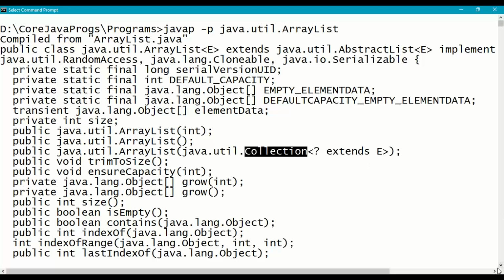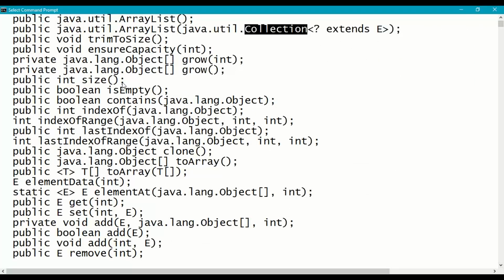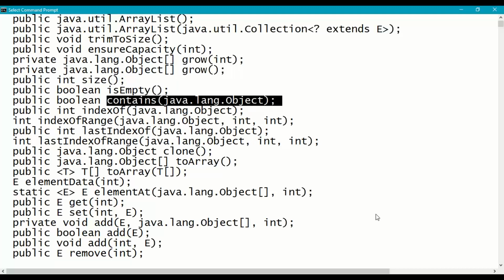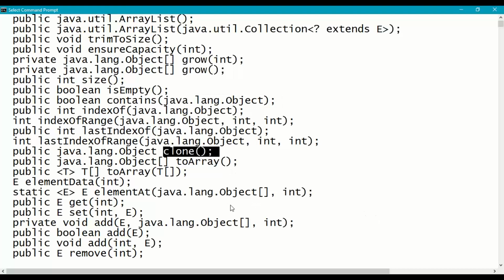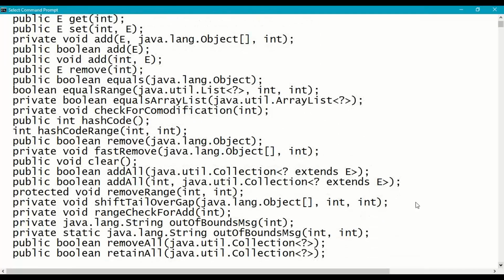collection. And coming to the methods, we have already seen some basic methods in the previous video like size, isEmpty, contains, clone. Next we have also seen how to work with the remove method.